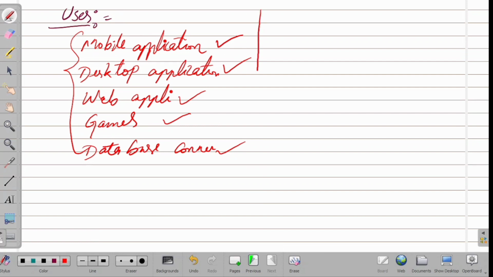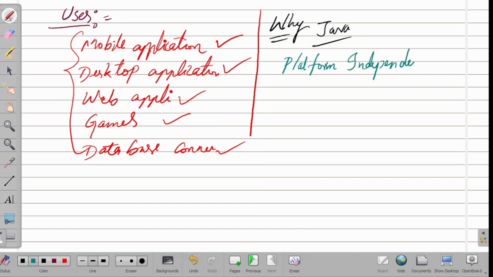So why do we use Java? Many languages are there, right? So why only Java? Because Java has some features. The first feature is that it is platform independent. What is meant by platform independent?